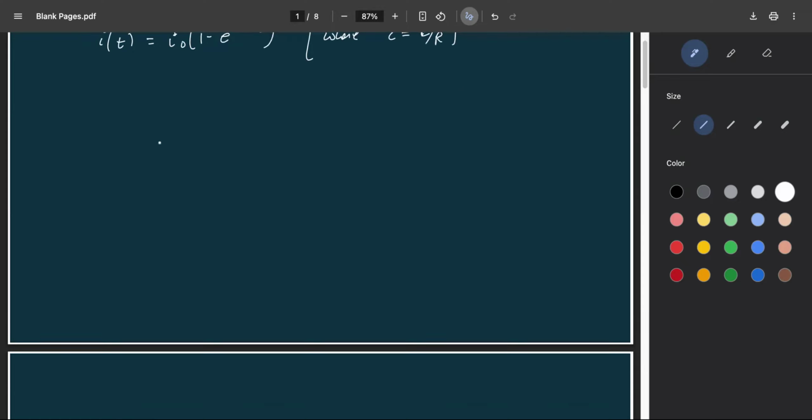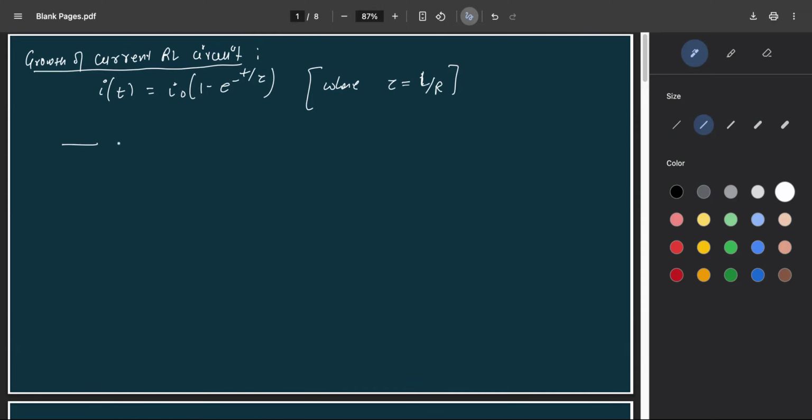Okay, so let's look at this configuration once. You had this inductor, a resistance and a key. Initially, when the circuit was open, there was no current in the circuit. You simply had a small battery with potential V. This is inductor, R, this is the key. The moment you switch on the key, at time t equals 0,